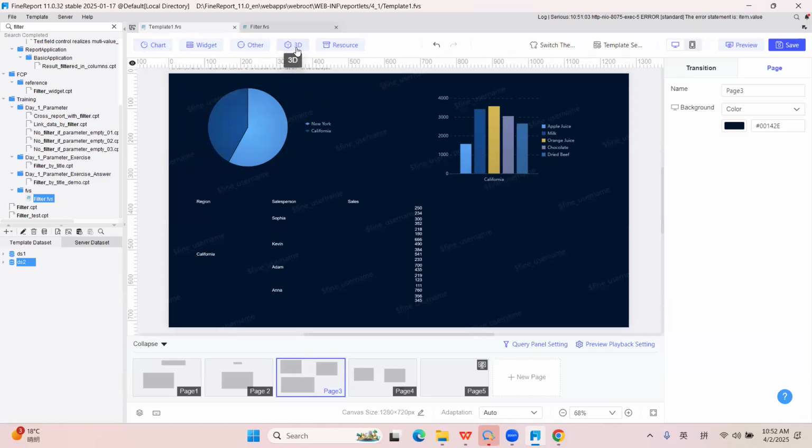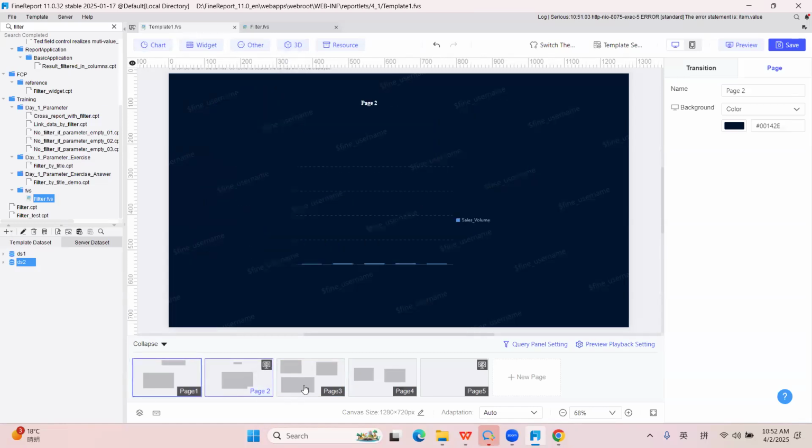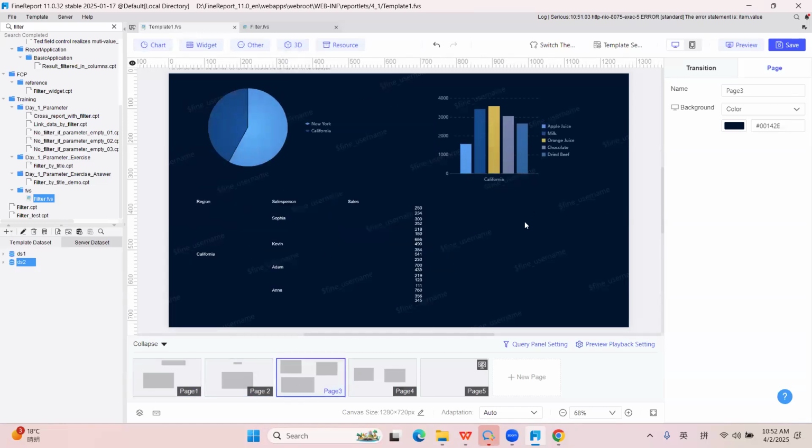One is the 3D. For the 3D, we don't tell you more details in this session. And another feature is the multi-page. Here, multi-page. You can create multi-pages. Those are the two most important features. And for today's session, we covered some knowledge about